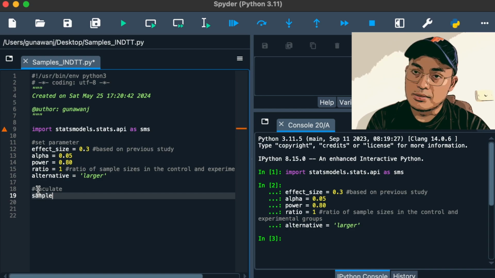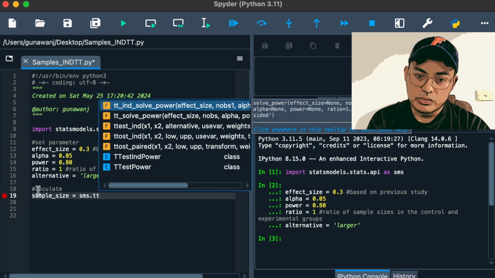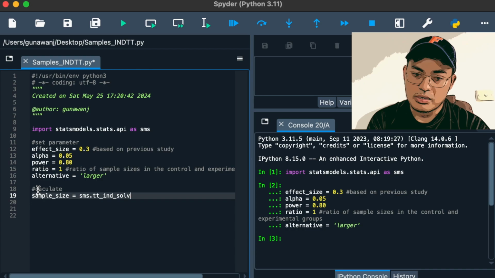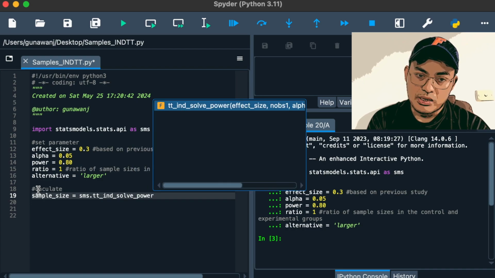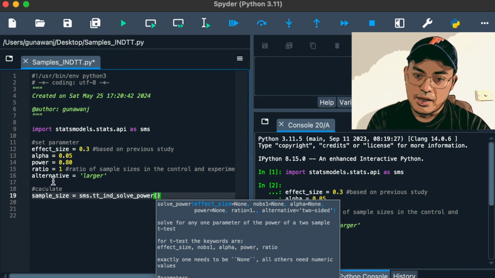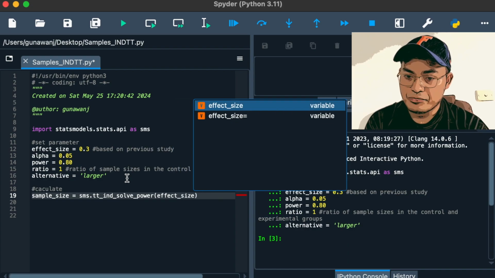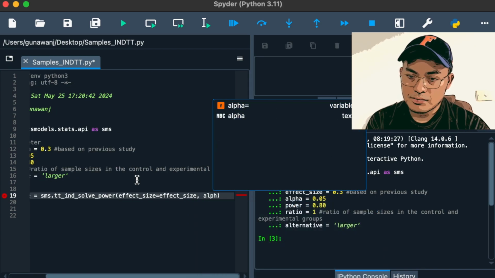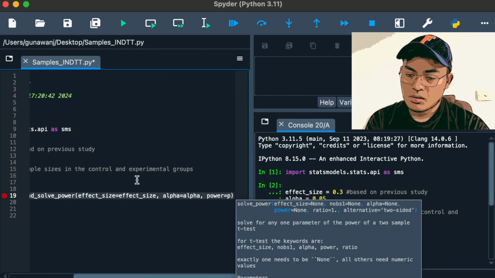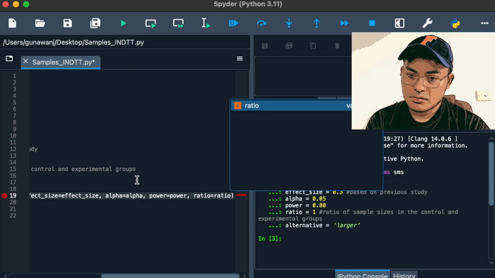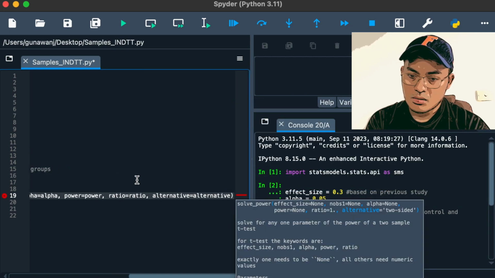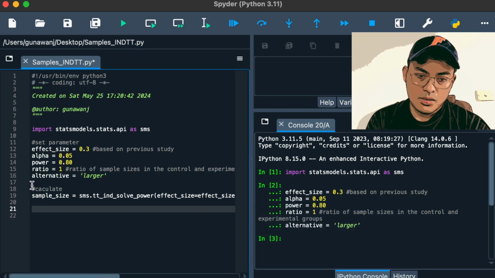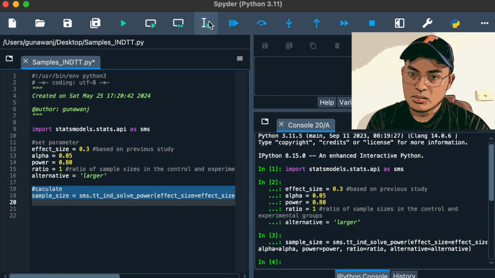For the calculations, the thing that we need to see is about sample size, TT, SMS is in the modules, and TT independent t-test, so power, right? So that's what we can see from the Statsmodels. And we include all the set parameters here: effect size, alpha, power, ratio, and alternative. We include all of them. Right, then we run this one,